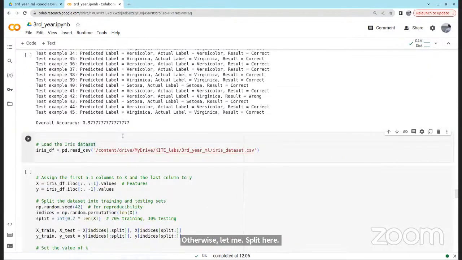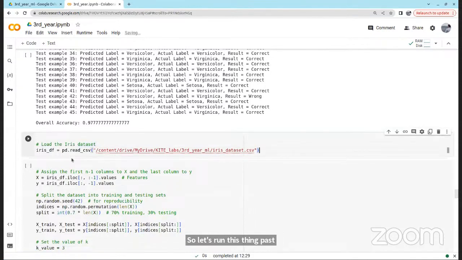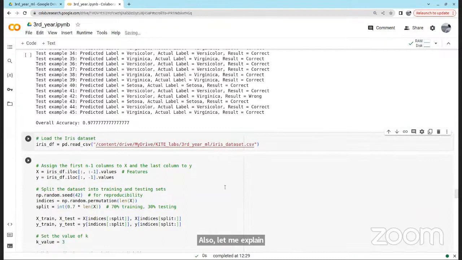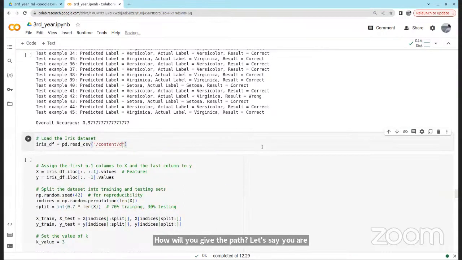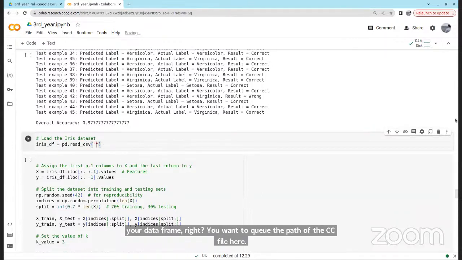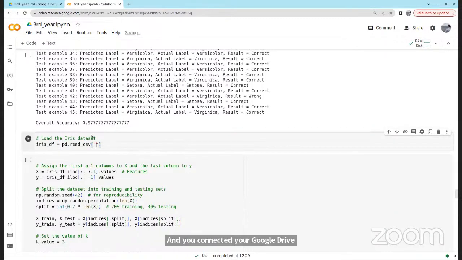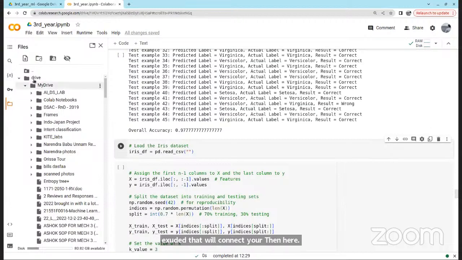So let's run this thing first. Also, let me explain how we will give the path. Let's say you are reading a data frame, right? You want to give the path of the CSV file here. And you connected your Google Drive using the first cell. If you remember, the very first cell we executed will connect your Google Drive. Usually it will be like this.